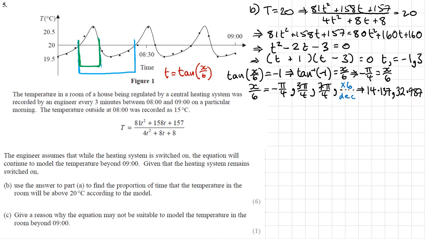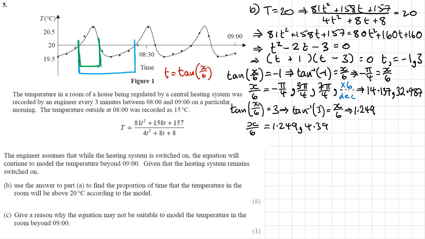So I'm now going to do the same with the 3. So I found solutions for the -1. So we'll have tan x over 6 is equal to 3. So we'll start by doing the tan inverse of 3 to give us x over 6. So to 3 decimal places, that gives us 1.249. I want to add multiples of pi to that to give me other solutions. So I've got 1.249, add pi to that, I get 4.391, add another pi,